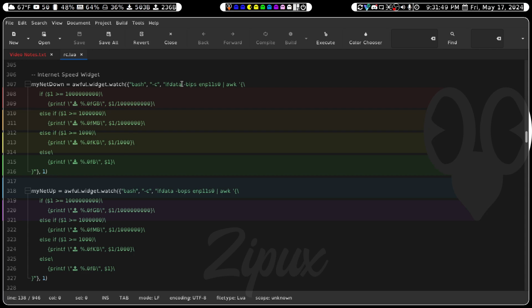And what we wanted from moreutils was this ifdata. This ifdata allows us to pass this information through so we can read it in our WeBar. So we'll say ifdata -bips for the down speed, and then whatever the name of your connection is. Mine happens to be enp11s0, but I'll put something in the description to show you how you can find out what yours is. We're going to pipe that into awk, and in single quotes and curly brackets,